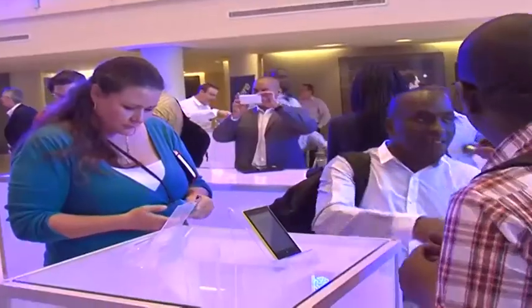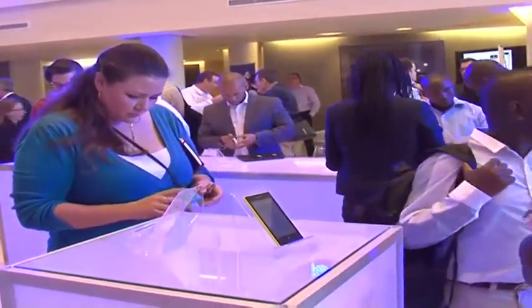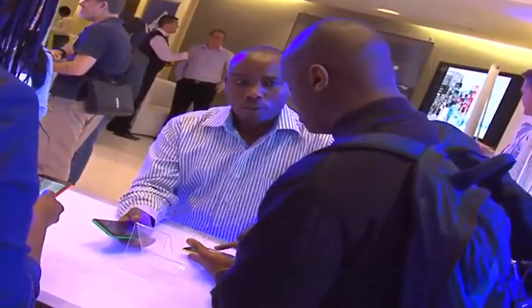BYOD stands for Bring Your Own Device, and it's a new phenomenon globally. Now people have their own smartphones, their own Apple iPhones or their own Android tablets, and they've got these great devices at home. So BYOD is Bring Your Own Device to work. People can now use their own device, because actually people don't want to use these old BlackBerry devices anymore. They want to use their own fun, funky smartphone, especially the younger generation, rather than